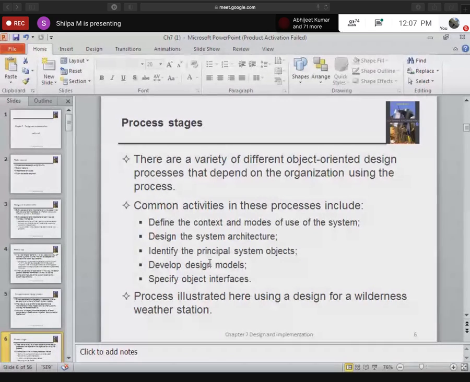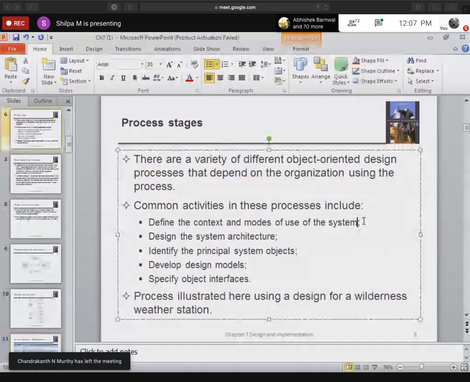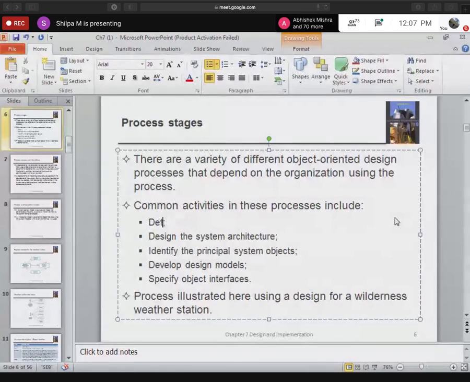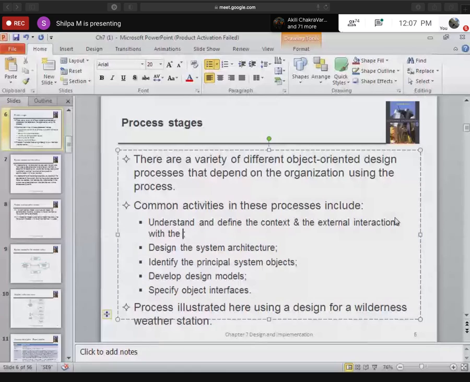Second, design the system architecture. In your textbook, it is given as understand and define the context and the external interactions with the system.